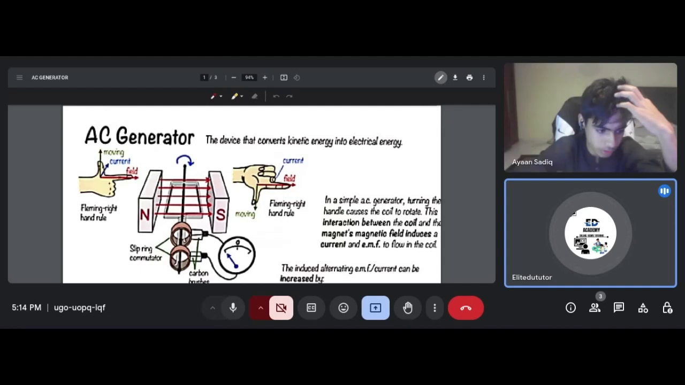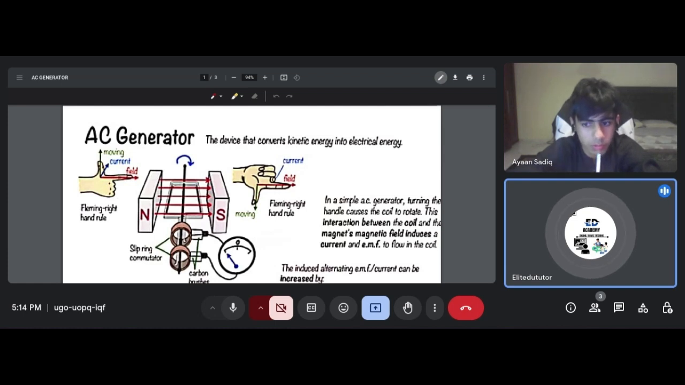Topic of AC generator. AC means alternating current. An AC generator is a device that converts mechanical energy, meaning they are doing some sort of work, and that work requires energy. Because of the mechanical energy, it produces electricity, and that electricity is denoted as electrical energy